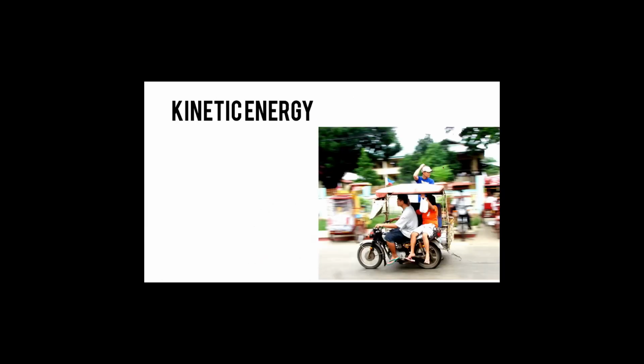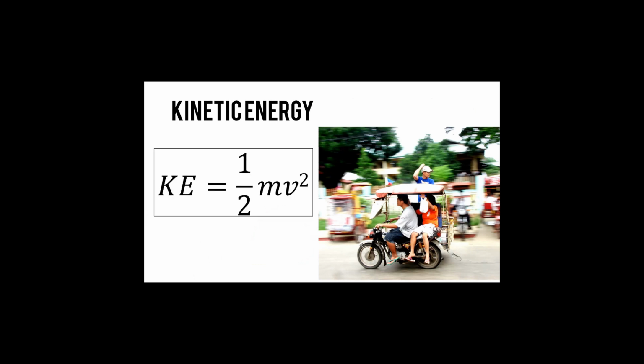Object. So this time we will learn how to solve or identify the kinetic energy of a moving object. So how can we do that? By applying the equation of kinetic energy, which is equal to 1/2 of its mass times the square of its velocity. Since kinetic energy is the energy of a moving object, and since it is moving, it has a velocity, or a speed.